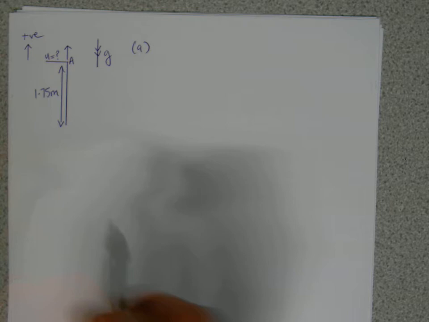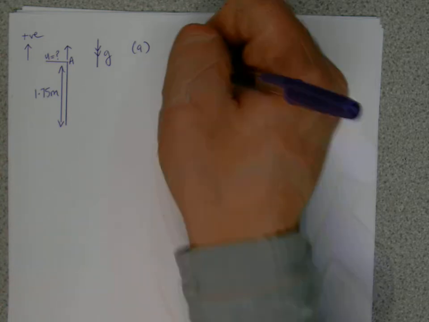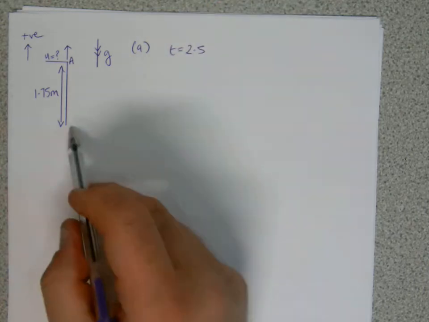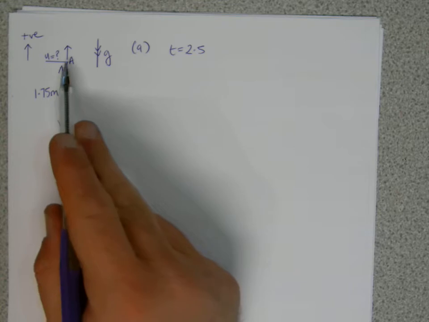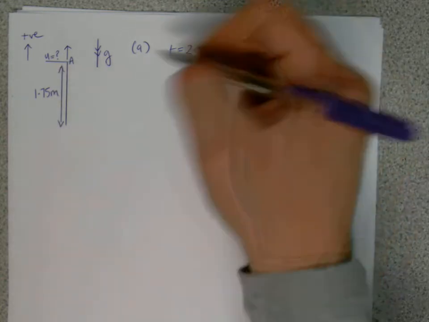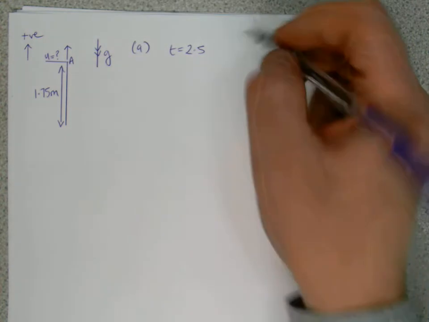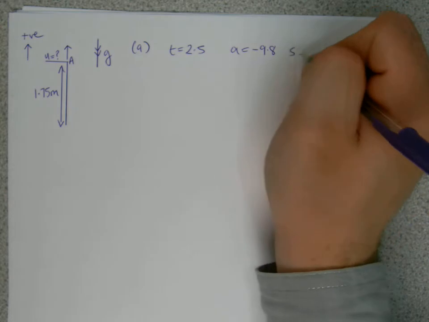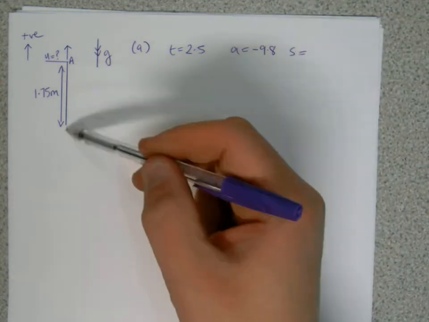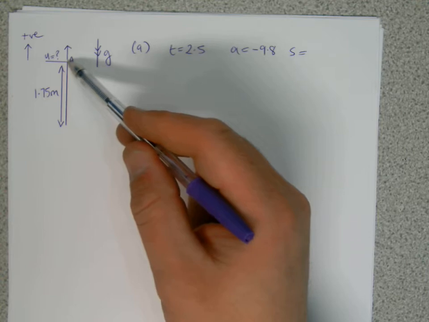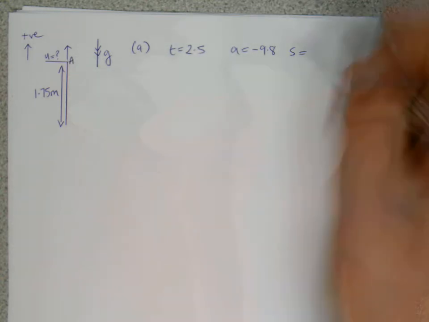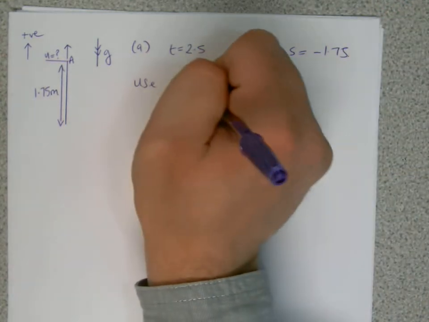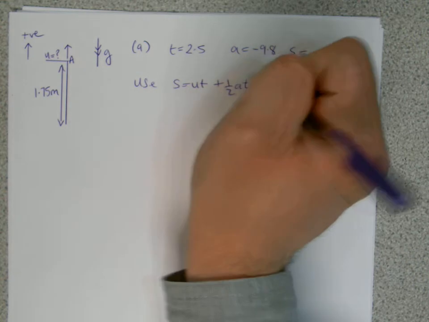So we don't know the initial speed, but what we do know is that the time it takes to hit the ground is 2.5 seconds. And of course, when we mean the ground, we're talking about down here, which is below the point of initial projection. Because it's projected upwards, we take upwards as positive, so acceleration is opposing it, so it'll be minus 9.8. And the displacement will be down here. So if s is 0 here, and upwards is positive, then downwards will be negative, so s will be minus 1.75. Okay, so if we use s equals ut plus half at squared,